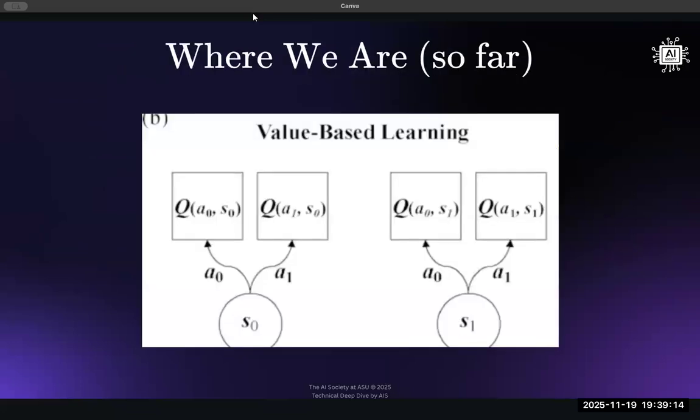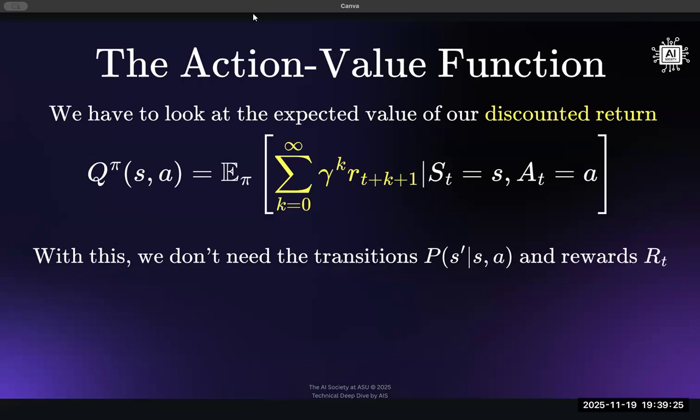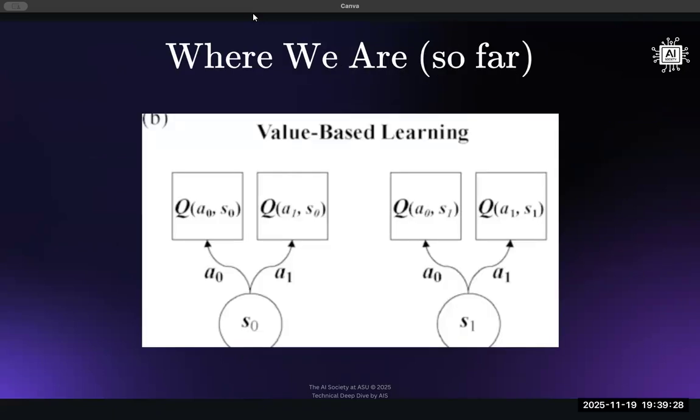So this is where we are so far, right? Value-based learning, taking what is the value of some state, and this can also include the Q function as well. A Q function or a value function, either one of them are value-based. And this one, right, we give it two actions, so action 0, action 1, from state 1, and that's what we plug into the Q functions. But you don't have to think too much about it. It's just another structure that gives us more power to approach other problems out there.